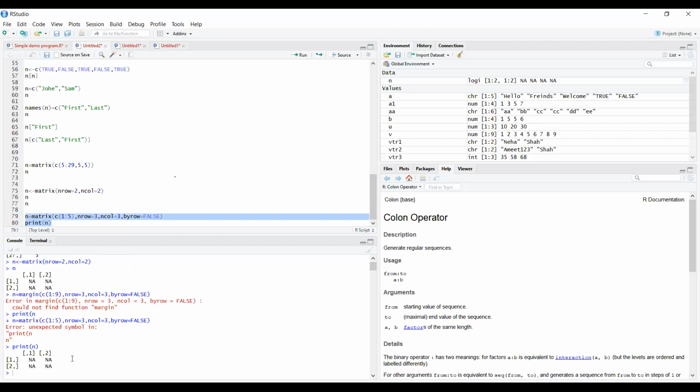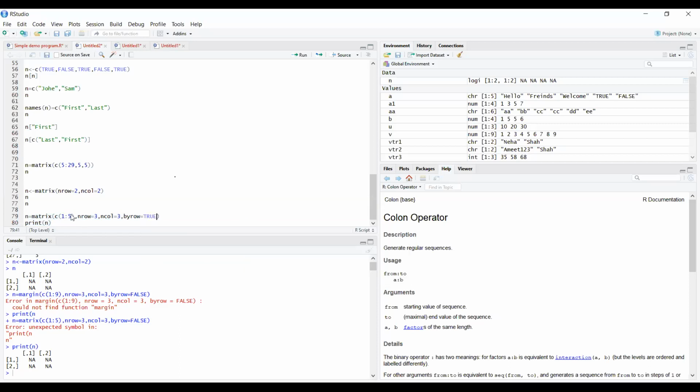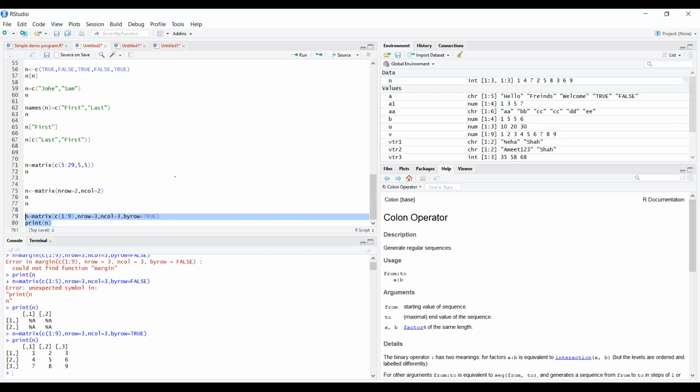So if you type over here by row equals to true, from 1 to 9 basically, this is how we are getting the values.